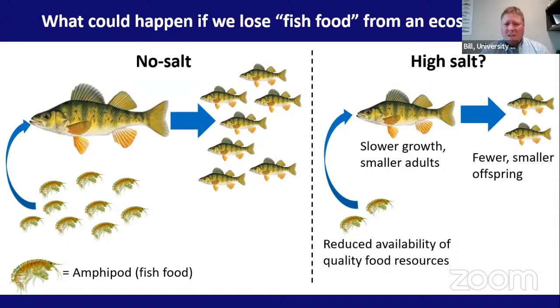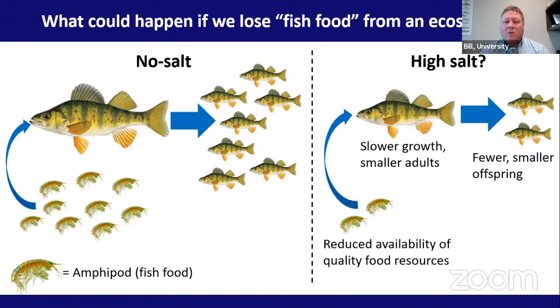fisheries? And so we want to scale up like a weather forecast, right? You take a bunch of information and you want to know what's going to happen in the future. So we can do that in ecology too. We can do experiments, we can do field work, understand pattern and process, and then model those things into the future. So in theory, if we see the decline in some of these important food resources, does that reduce food